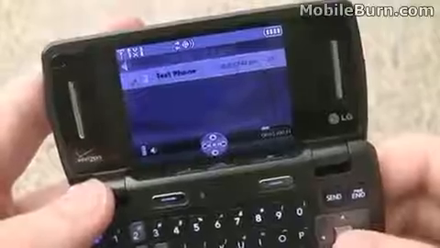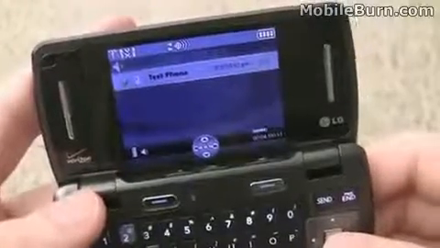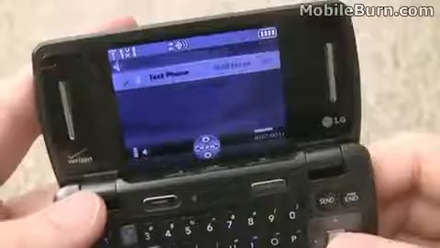This is a test message meant to demonstrate the abilities of the Verizon visual voicemail system loaded on the LG